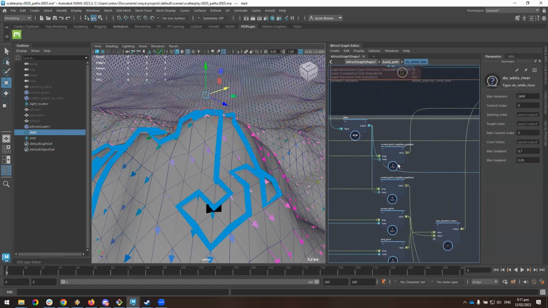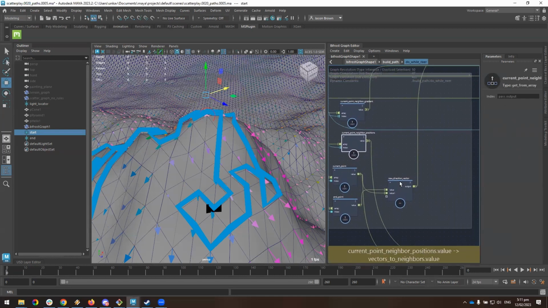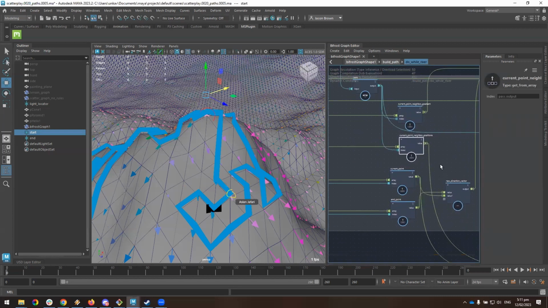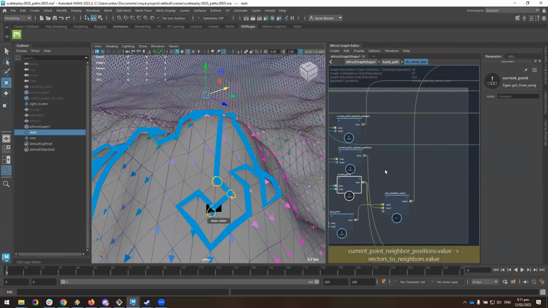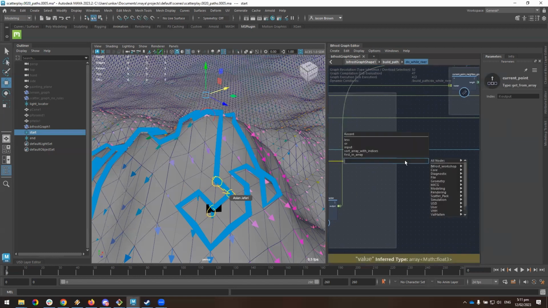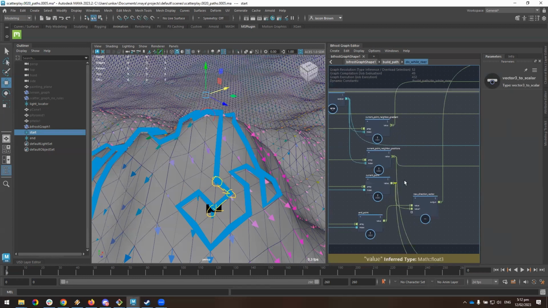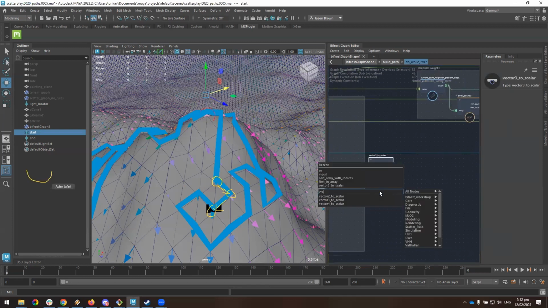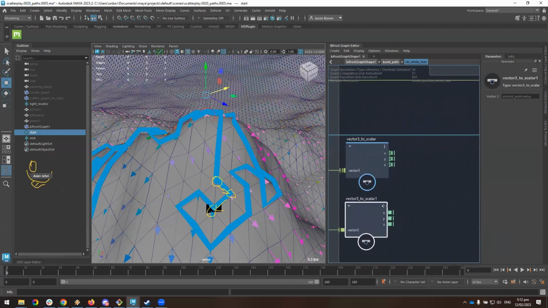So the way I would think about doing that: that's the neighbor gradient, that's the point neighbor positions, and where's my current point? It's in here somewhere. Don't confuse me while I'm working on this. Right, so what we do is take the neighbor positions and we go vector to scalar. And then we take the current point, we do the same thing. And we just find out if